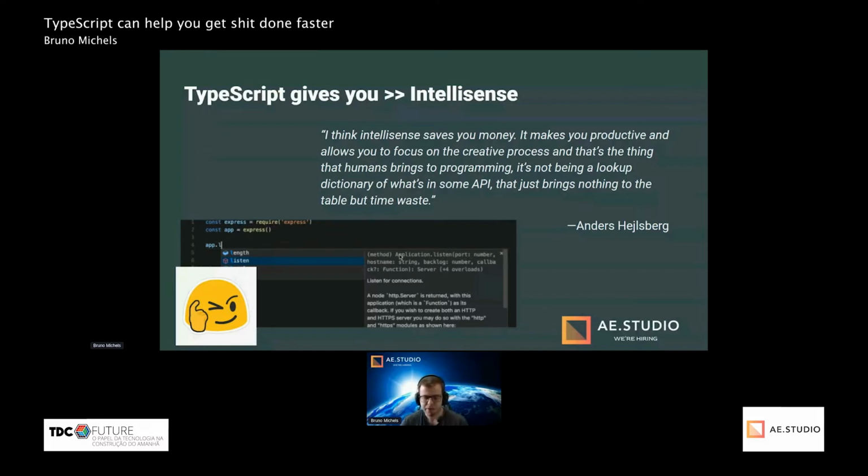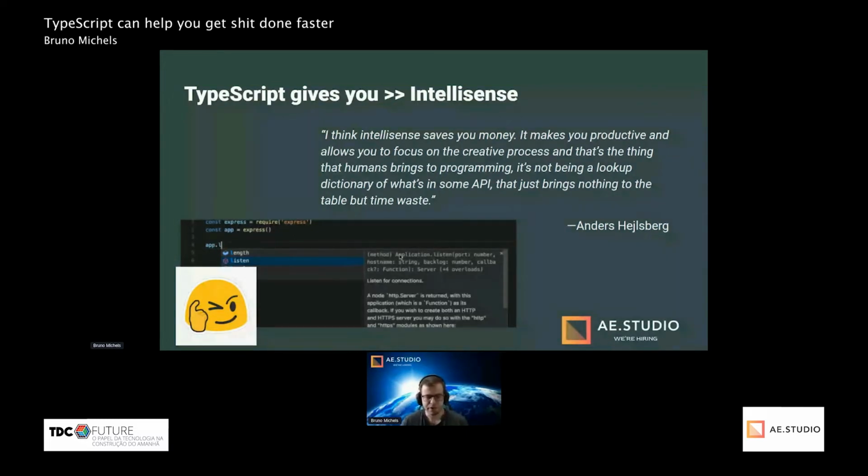So basically what happens is when you are using, in this example, Express, you have to find the function that starts the server and starts listening for requests. And you might not remember the order of parameters or exactly how to use it.